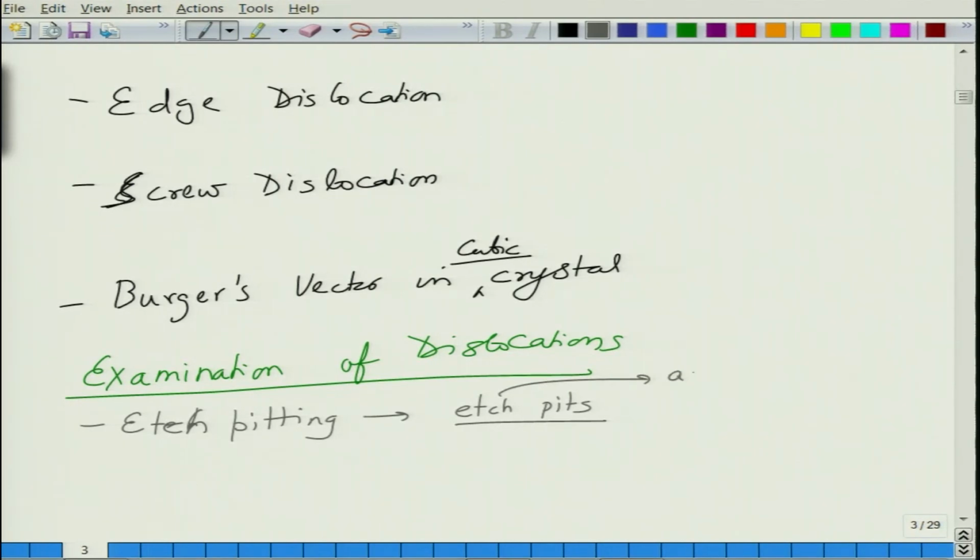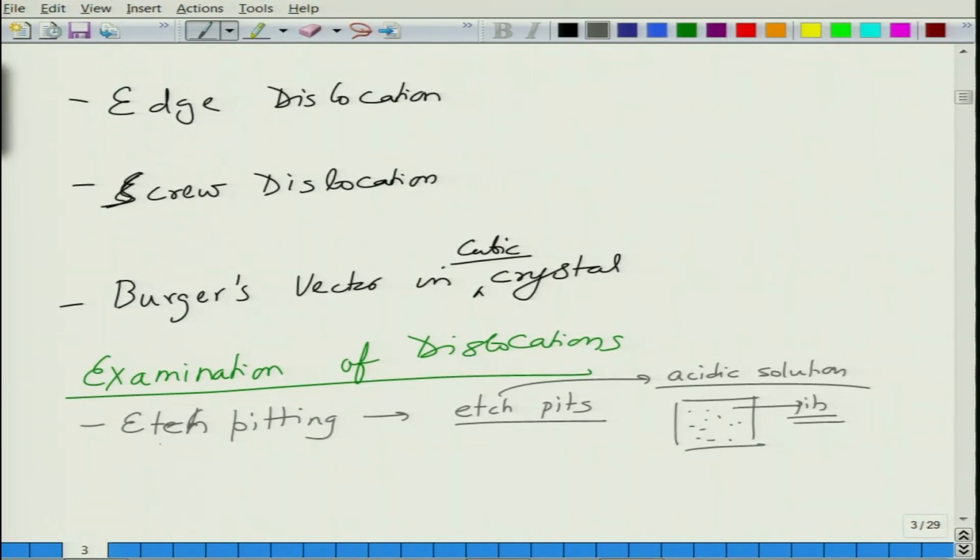The etchant is basically an acidic solution, and this acidic solution is applied to the crystal in a very controlled manner. The places where you have dislocations which terminate on the surface get etched more than the other regions. So, basically you start seeing them as these kind of pits. These could be the dark pits which are visible in the microscope in the crystals.